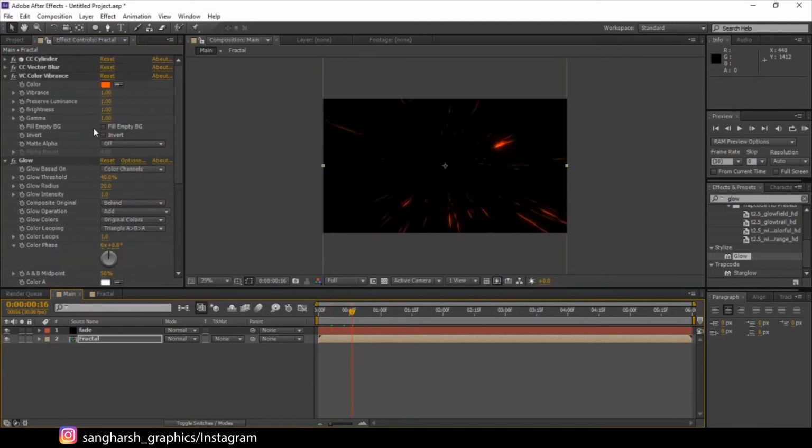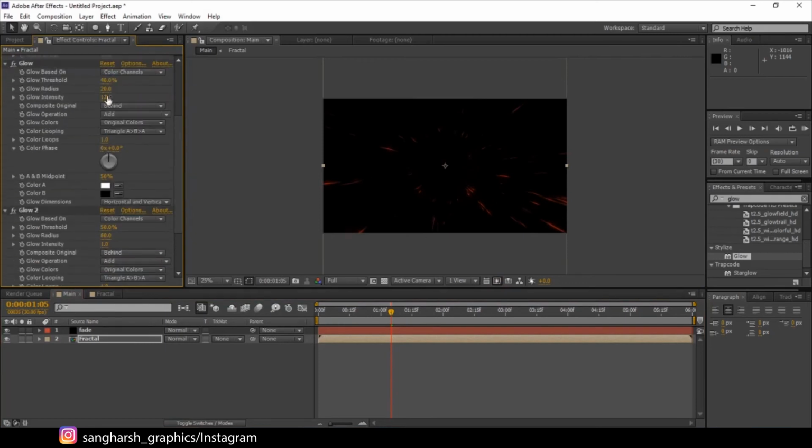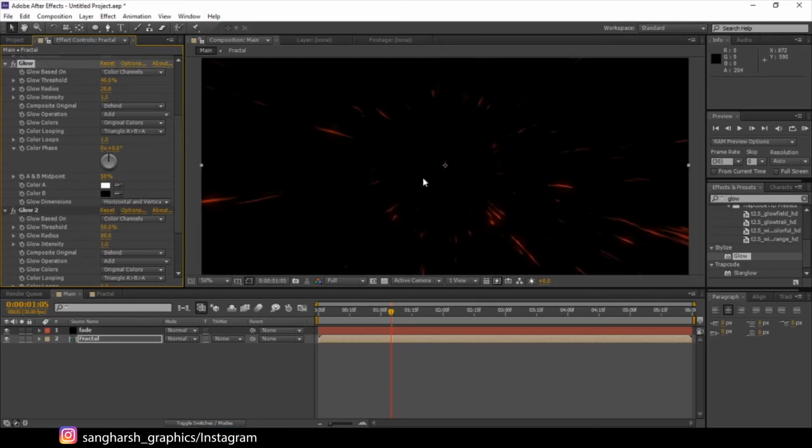Okay, I'm going to increase the vibrance value like this. Let's make it all the way up to 2. Let's keep it near 1.5. Okay, let's make the intensity 1.5 to add a little bit more glow.